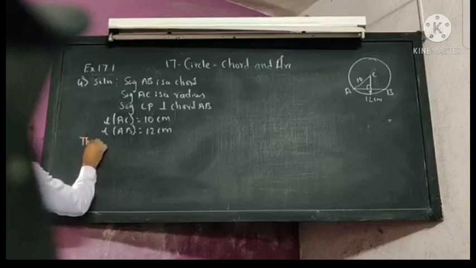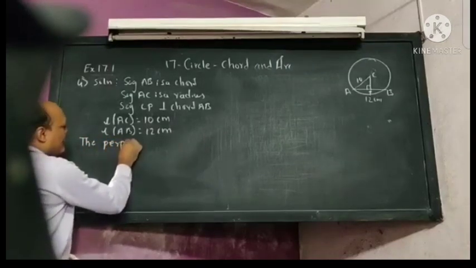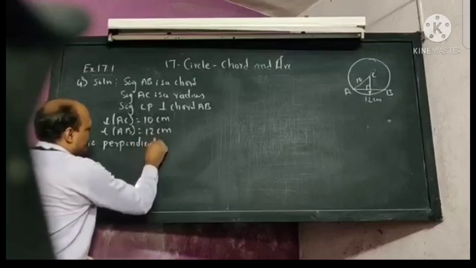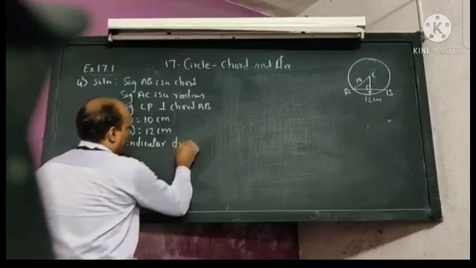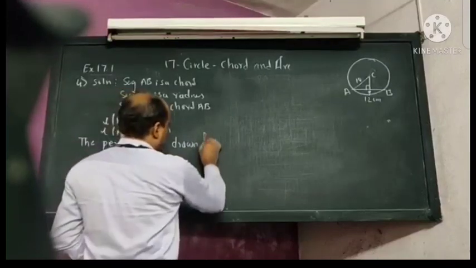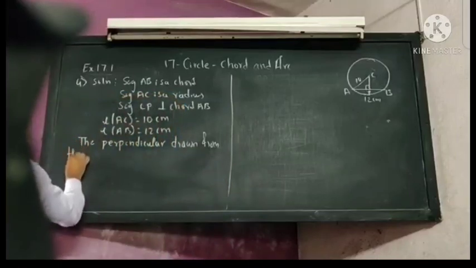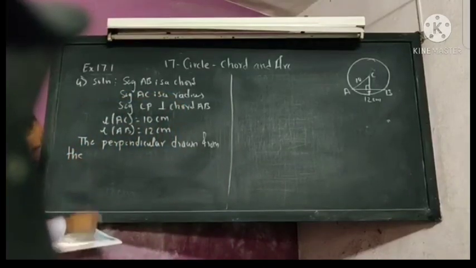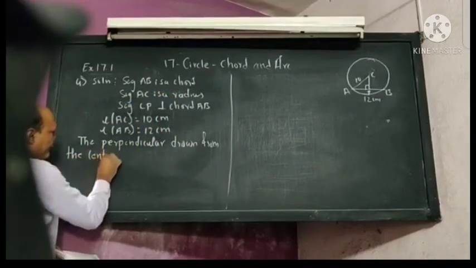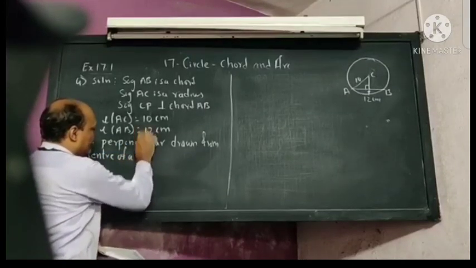The perpendicular. Always remember the first property we are applying here. The perpendicular drawn from the center of the circle